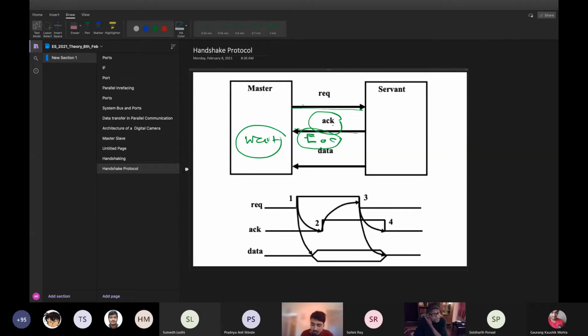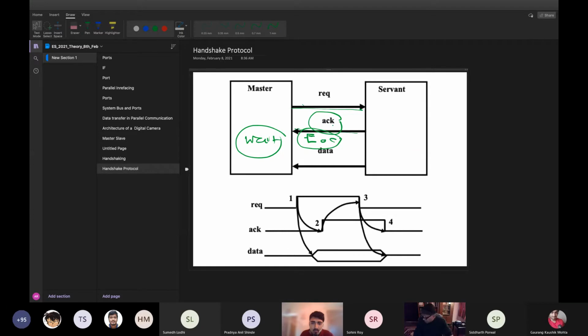So with this, there are lots of architectures like ISA, PCI. I just told you, these are standard parallel interfaces, which have many signals. Okay, there are many signals. For example, I shall just give an example of ISA. You look at this signal. You will find most of the industrial devices, industrial computers have this.